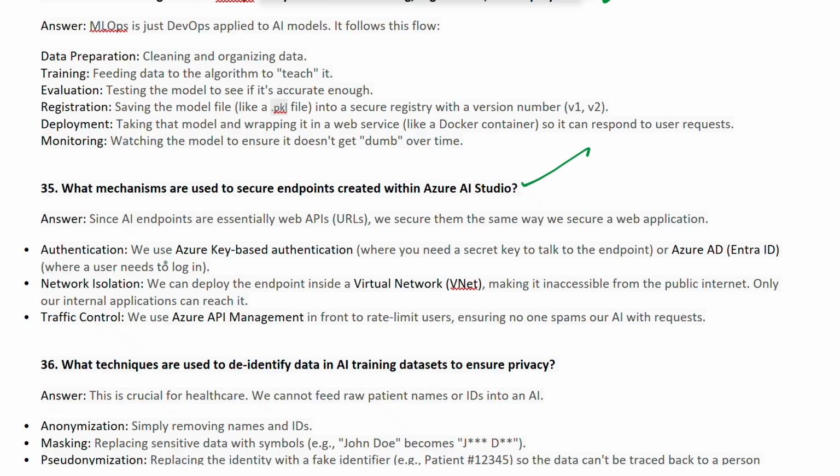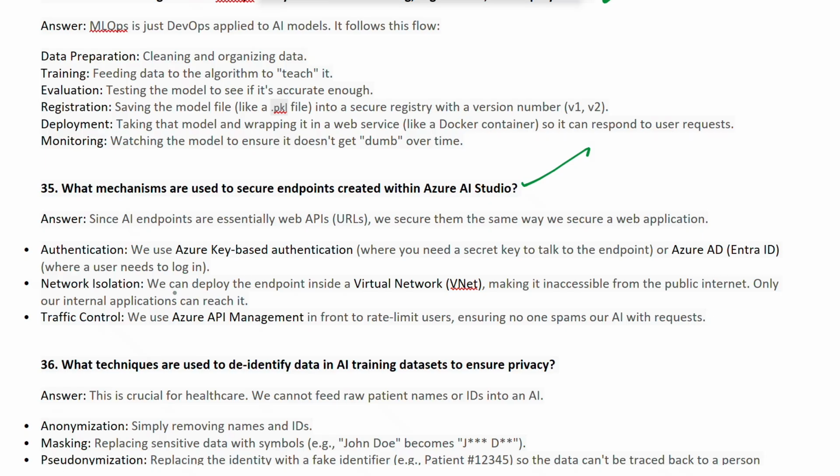That includes authentication, network isolation, and traffic control. For authentication, we use Azure key-based authentication, where you need a secret key to talk to the endpoint, or else Azure Entra ID, where a user needs to log in.